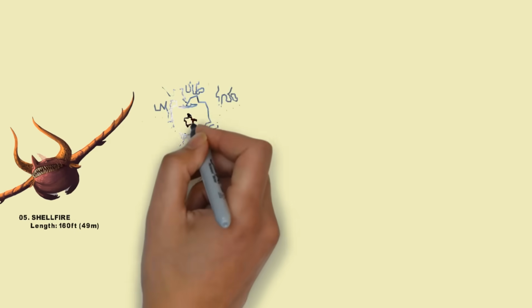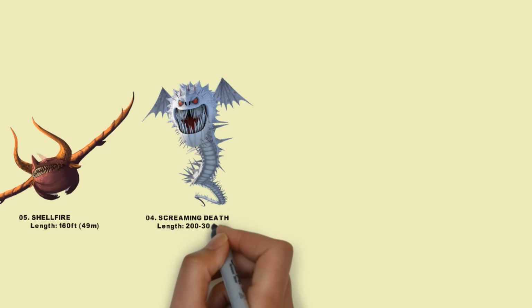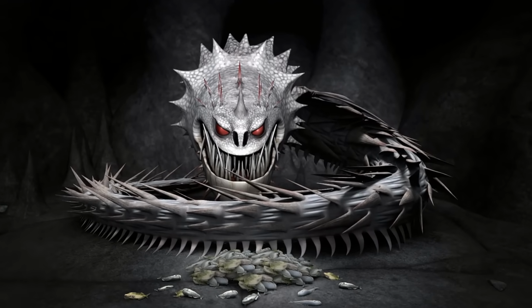Number 4. The Screaming Death. This scary boulder-class dragon is a gigantic, heavy mutated Whispering Death. According to Fishlegs, it is not documented in the Book of Dragons. As it is born every 100 years or so, the Screaming Death has all the strengths of its subordinate cousin,